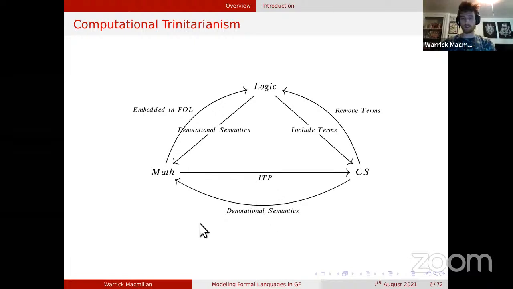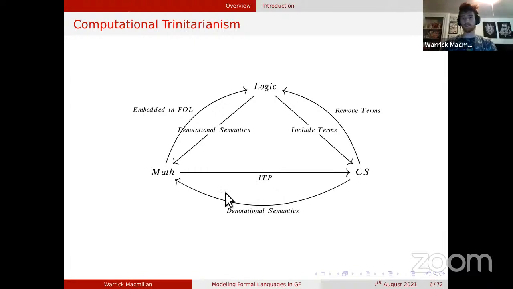Then from the CS to math side, we have the denotational semantics as well. So you can have a set theoretic semantics or categorical semantics. Buzzwords that might ring a bell in that direction would be categories with families, or there's lots of ways to model a programming language in